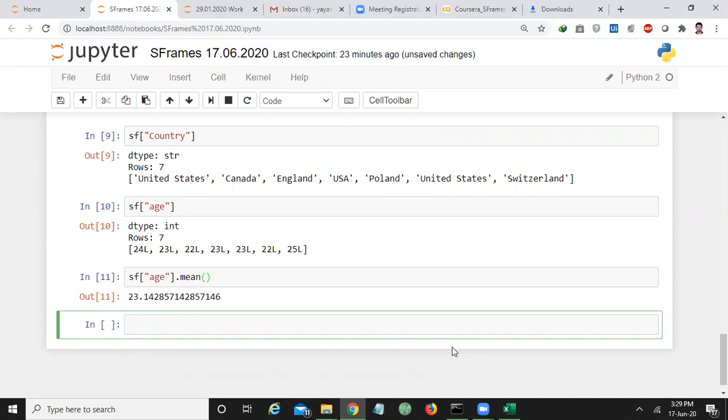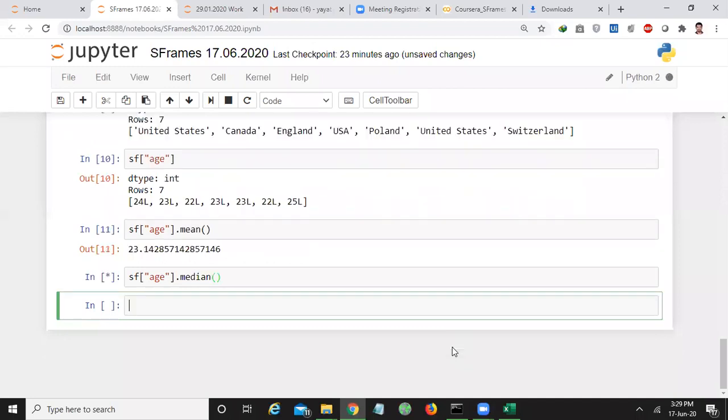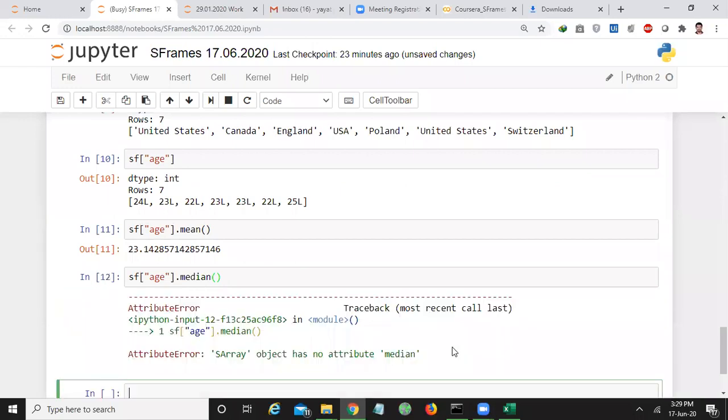So for example, I want to calculate the median also. Sorry, we don't have any function called median here.